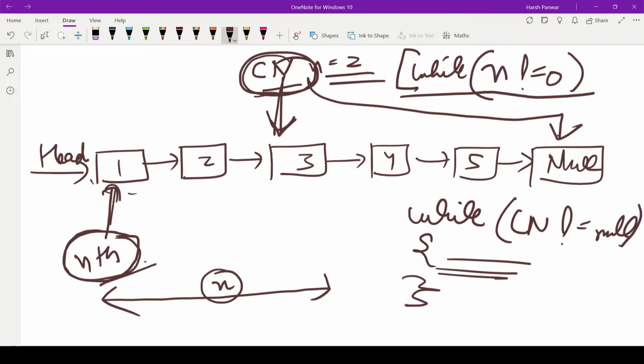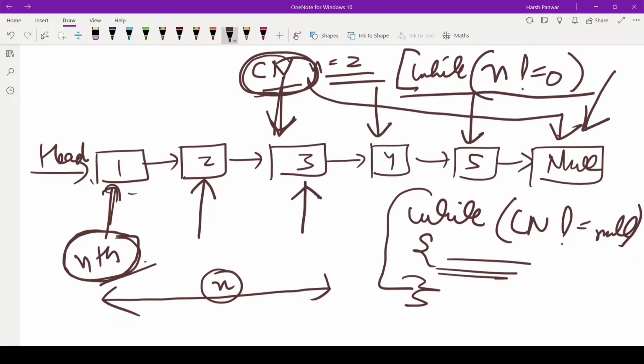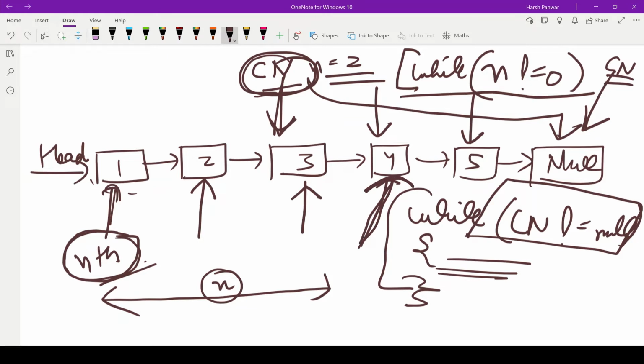So as this loop starts, the current node pointer comes to 4, the nth node pointer comes to 2. In the next step, the current node pointer comes to 5 and the nth node pointer comes to 3. In the next step, the current node pointer comes to null and the nth node pointer comes to 4. But since now the current node pointer has arrived at the null position, this loop will terminate, and since the loop has terminated, we'll just check that the position where our nth node pointer has reached should not be equal to null, and if it is not equal to null, we will just return the data of